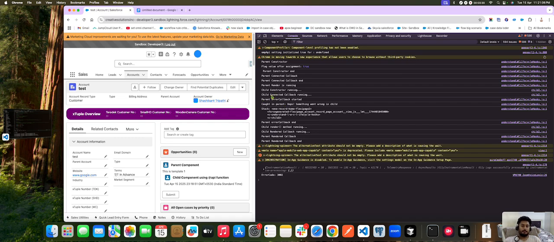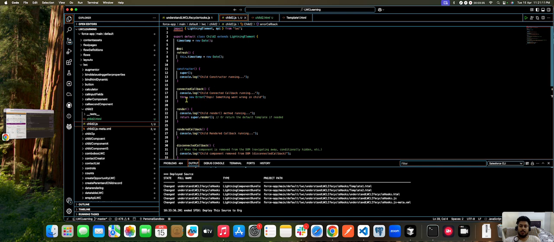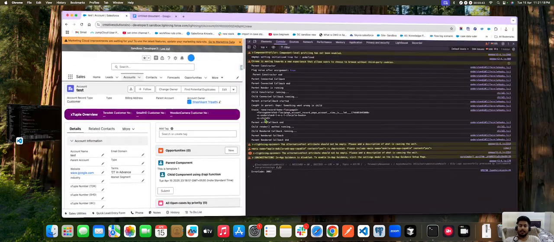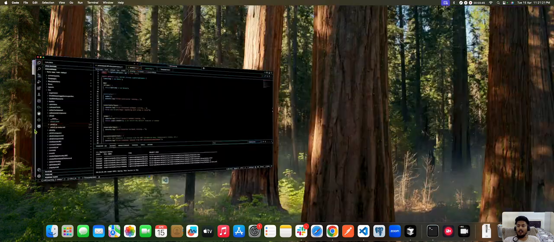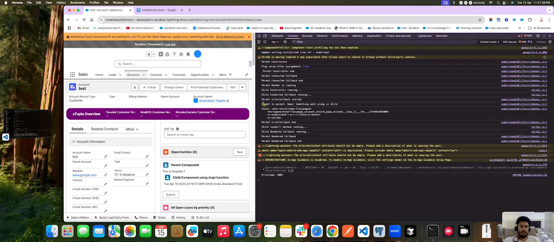Okay, in the connectedCallback, I am throwing some errors. You can see here I am throwing some errors in the child component and I am calling this child from the parent component. And I haven't used try and catch here. That's why it is showing the error. Then the parent errorCallback runs and it captures the error with the stack value. Okay, then errorCallback ends